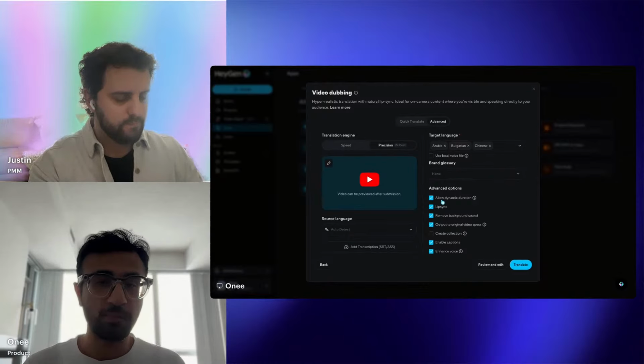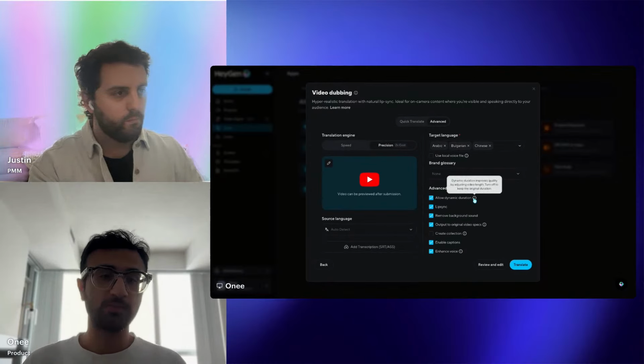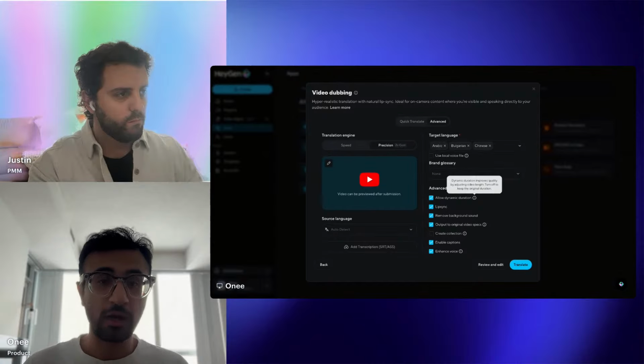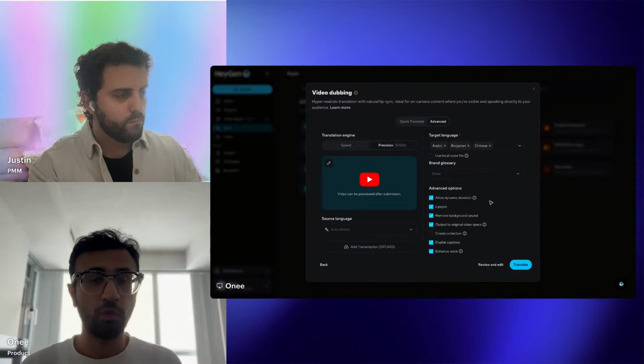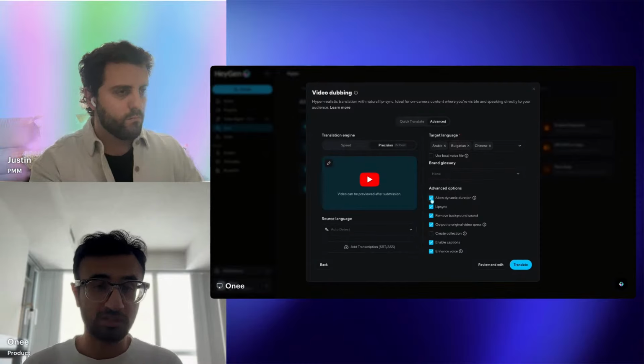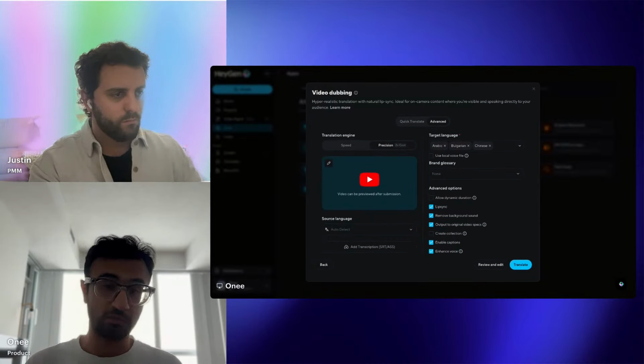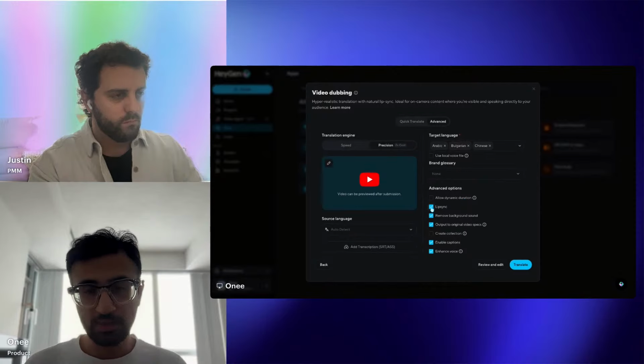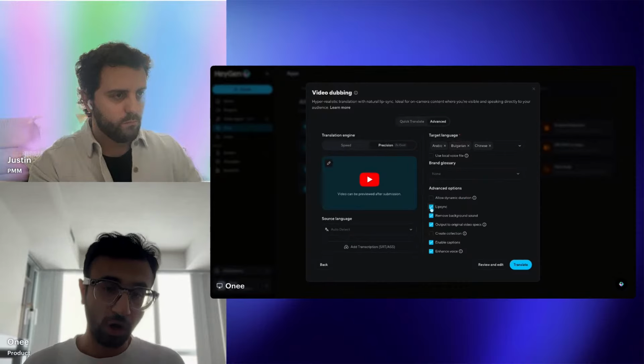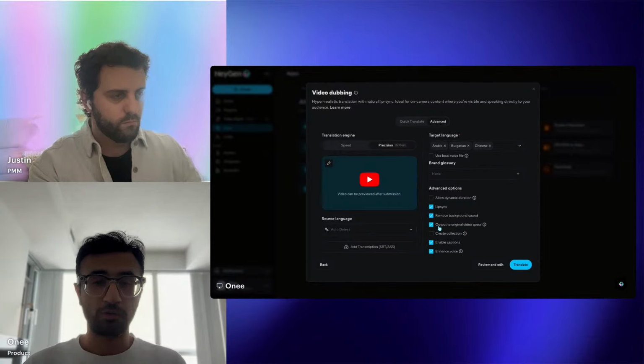So there's a difference. Dynamic duration helps with the quality of the video. It improves the quality by adjusting the video length. So if you want to preserve your video length, you need to turn this setting off, so your input and output video would be the same in terms of duration. You have the lip sync option. You can turn this off or on. You have the remove background sound. You have the output to